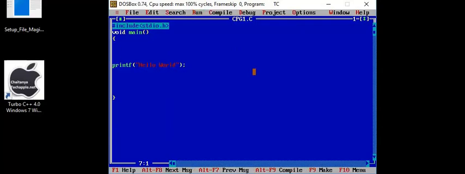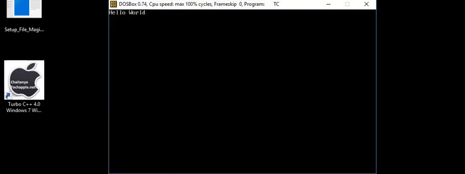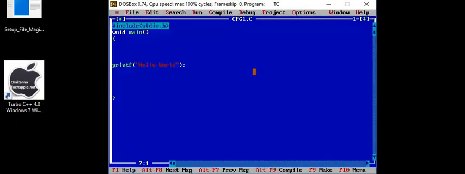Now we are in the editor. How to see the contents of the screen? Just as I told you, press Alt F5. Oh, hello world is printed here. Oh, nice. It means the machine did one work as per our instruction. The computer has printed the message hello world. How to come back? Press enter.